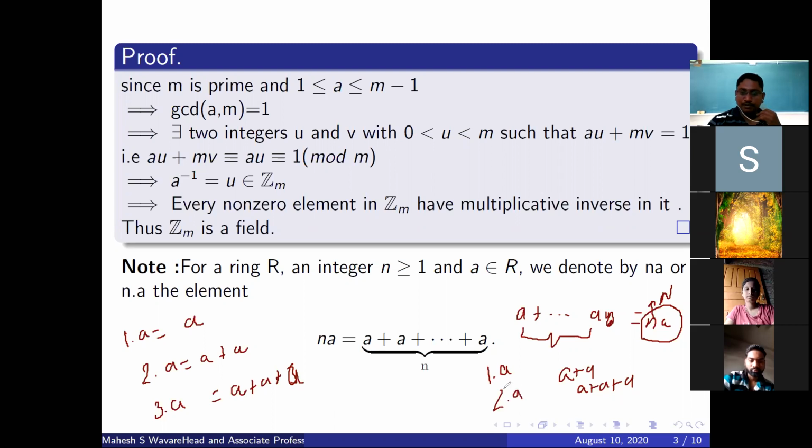Or it doesn't mean just 2 is a part of that ring. This is a natural number. You are defining the addition of a ring element n times as n times a, so you may call it a definition. This is how one can add elements in a ring n times, so it is just written as n times here. This is just notation. Whatever addition you have defined in the ring, in general usual additions, but there may be some examples where there is not usual addition or multiplication. So this calculation is not in a ring. This is not multiplication of the ring. The element a added n times will be denoted by na. That you should keep in mind here.